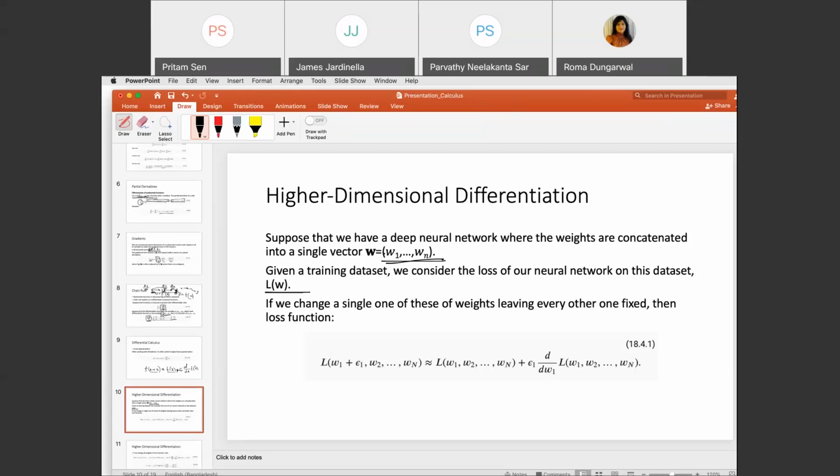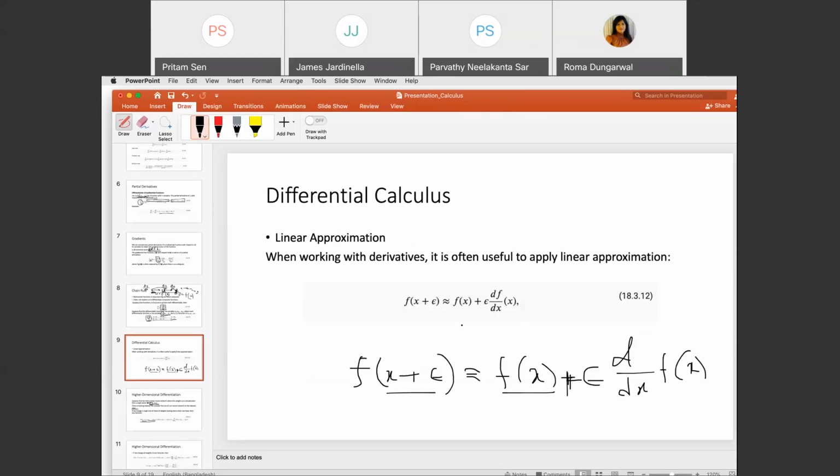So we want to make some changes in each weight parameter and see the effect. If we make some change in W1, that means we want to calculate this, where all other parameters are unchanged and only W1 is changed. So following the rule shown on this page, we can write it as the previous function,